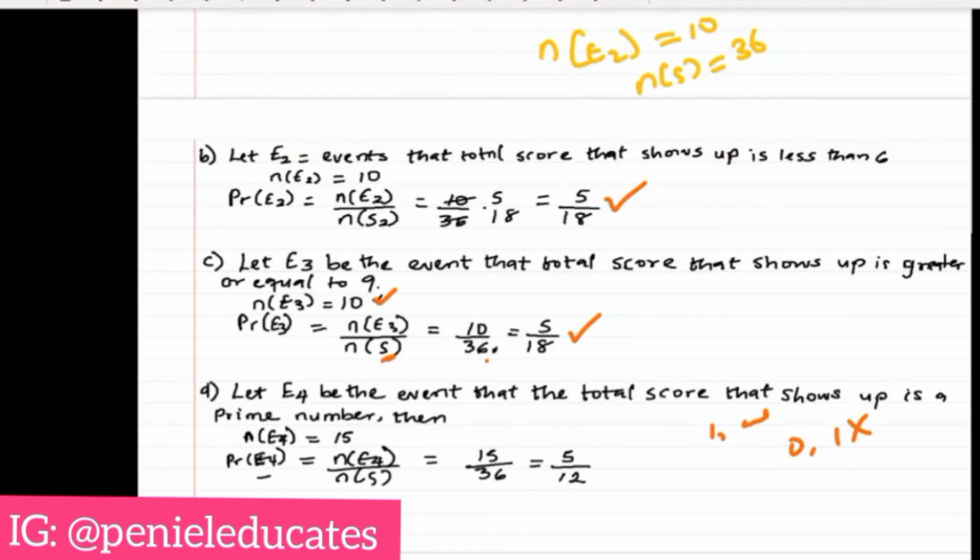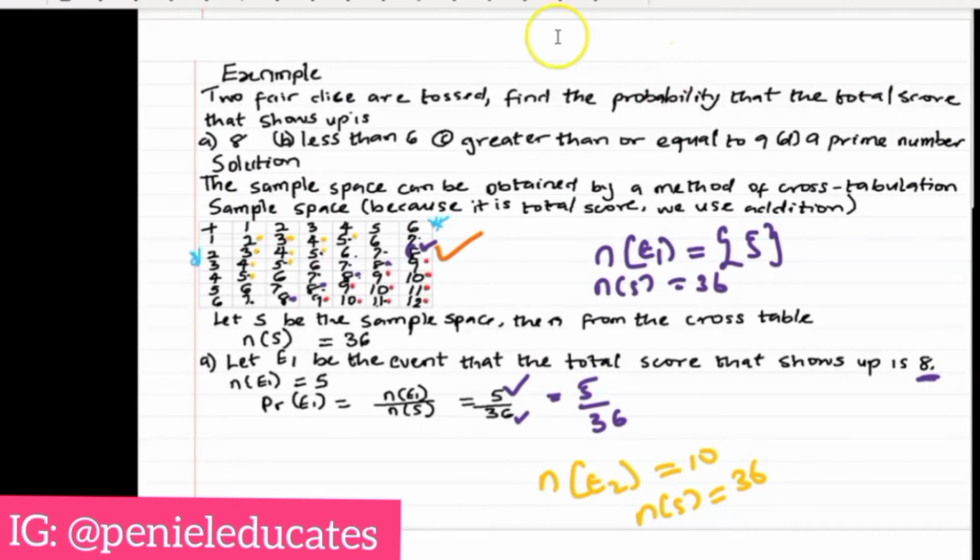All right, so if it's a prime number, let's go back to the table and check which one is a prime number. We have 3 is a prime number. Let's go again. 5 is a prime number. 3, another 3, 3, 5, and 7. Let's start again. In the first row, we have 3, 5, and 7. Then the second row, we have 3, 5, and 7. That's another 3, 5, and 7.